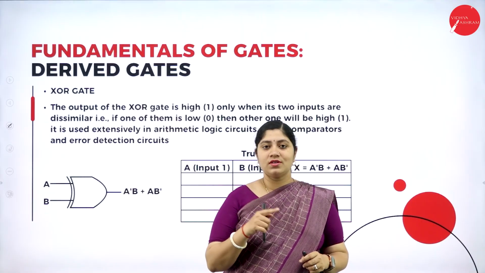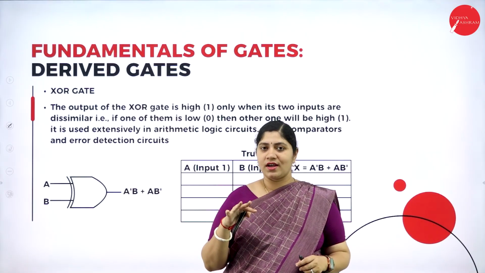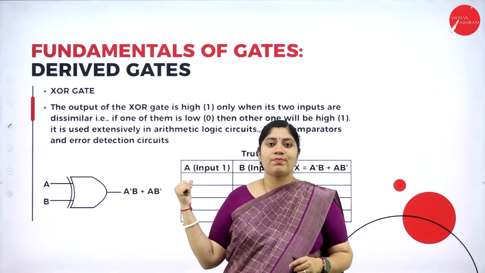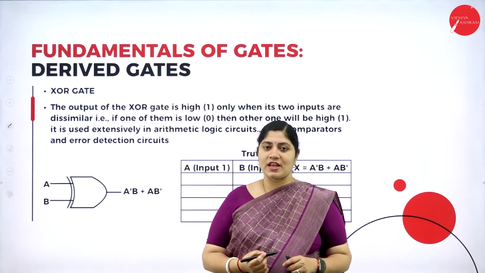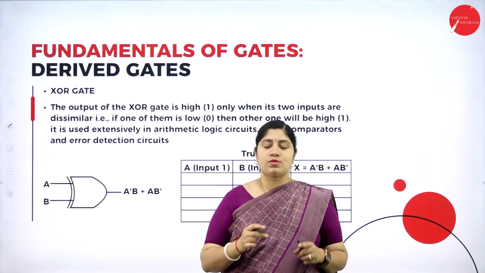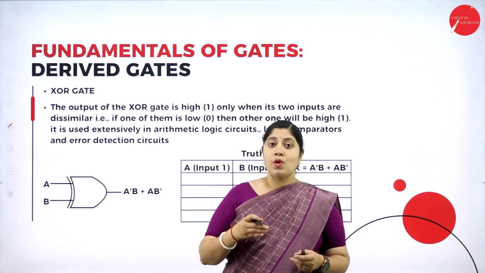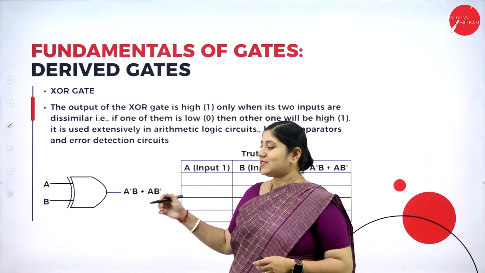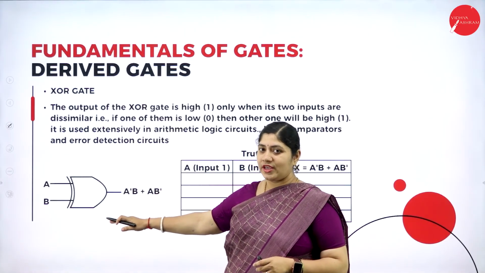When both the ways are high, your appliances won't work, correct? So that is a complete practical application of an XOR gate. This is very important with respect to the realization of your gates, and also the practical applications. So this is the symbol of an XOR gate